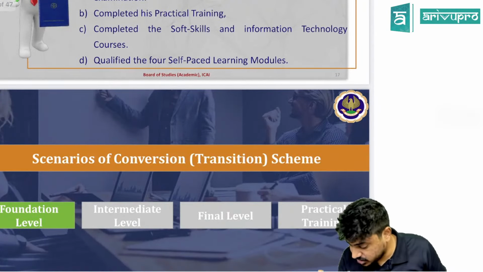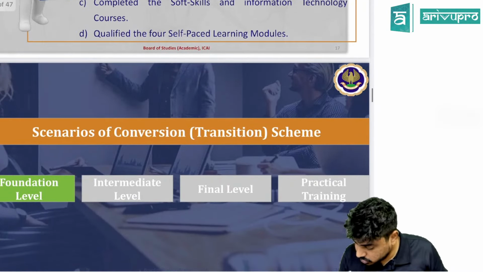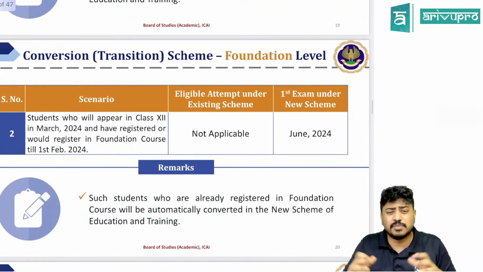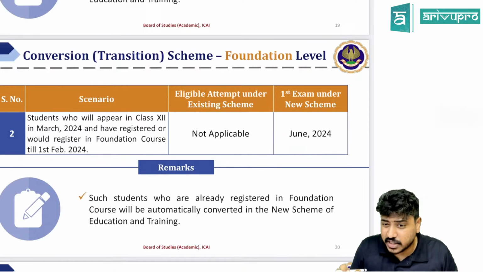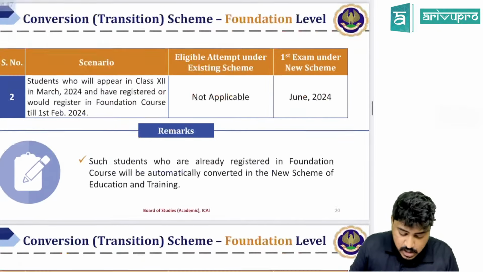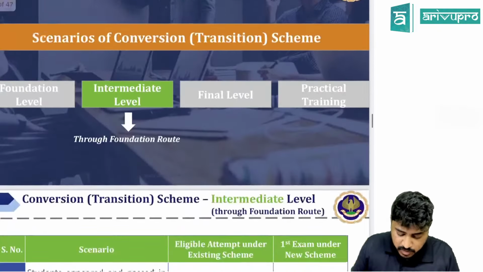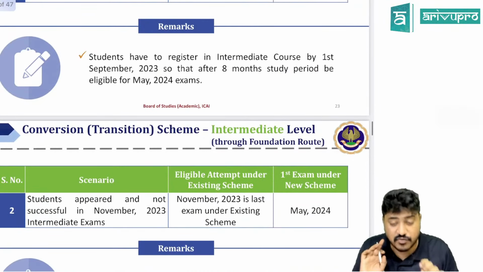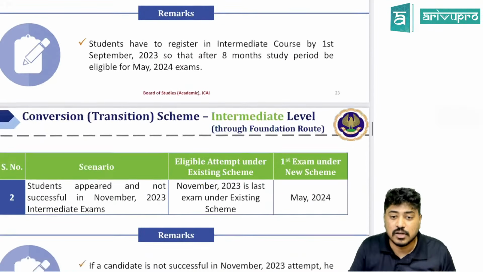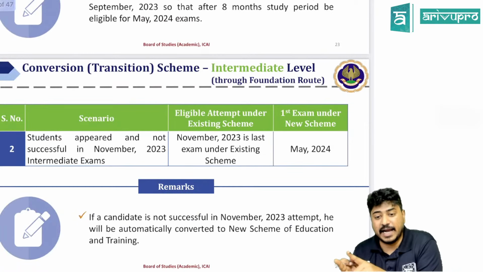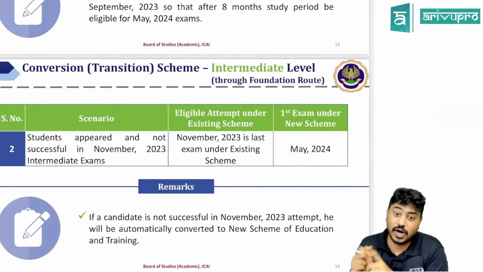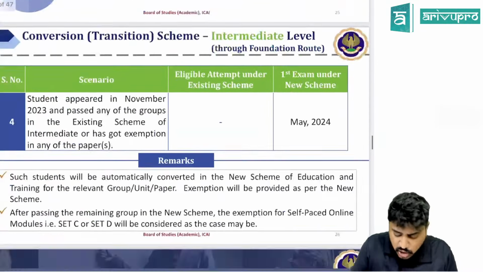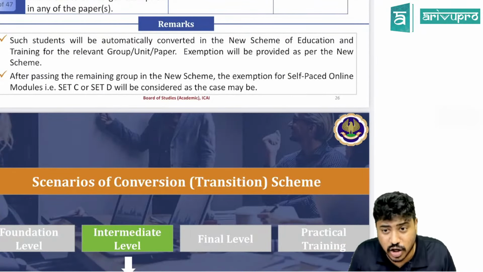What else is the question? Sir, I have started my articleship. If I cover all the scenarios, the video will be too big, but I will attach this document for you. Sir, I have registered for articleship now, what should I do? If I have not registered and am going to register, what should I do? I am in the old syllabus. Everything is covered in this document, which I will attach.